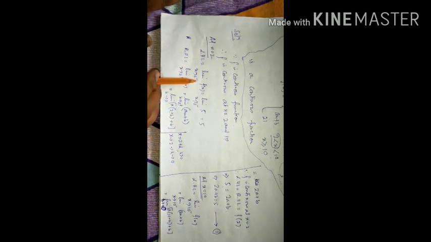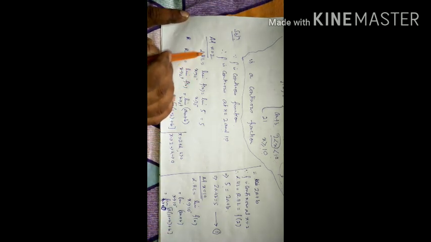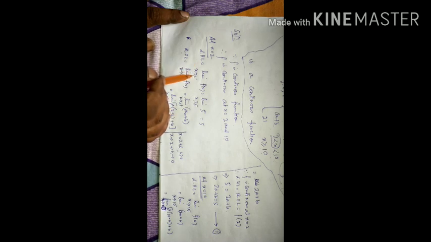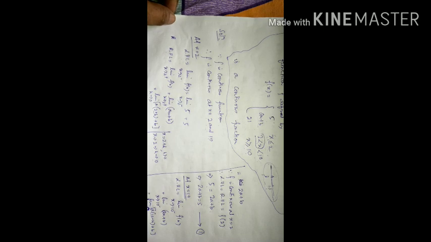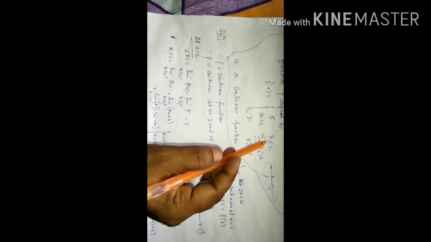Find the left hand limit and right hand limit at x equal to 2. Left hand limit: the limit as x tends to 2 minus of f(x) equals the limit as x tends to 2 minus of 5, because from the definition of the function, when x is less than 2, the function is 5. So we are replacing f(x) by 5, a constant. The limit of a constant is the constant. So this is the left hand limit.